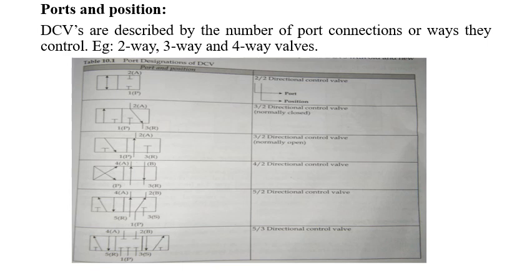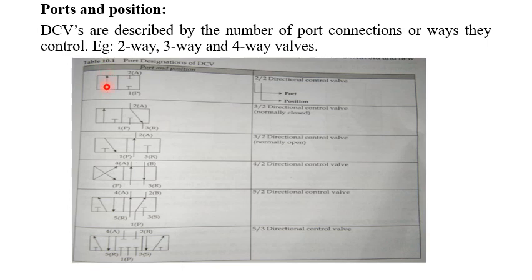With respect to the classification by ports and positions, you can see this picture. This is how we decide how to identify the valves using the symbols. See here, the first square indicates the first position and the second square indicates the second position. Nothing but, this valve has two positions, and we need to count in one position how many ports it has, nothing but how many openings it has. See, this will be one opening and this end will be the other opening, so you can say two openings.